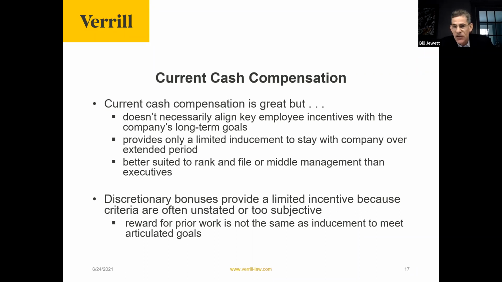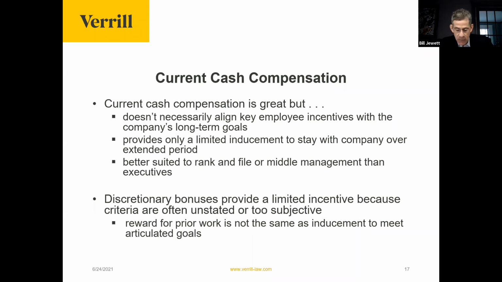Current cash compensation addresses those needs to a certain extent, but it does not necessarily align key employee incentives with the company's long-term goals. The key employee might say to himself, yeah, I'll get a raise if I perform well, but that's a pretty vague connection to company performance.